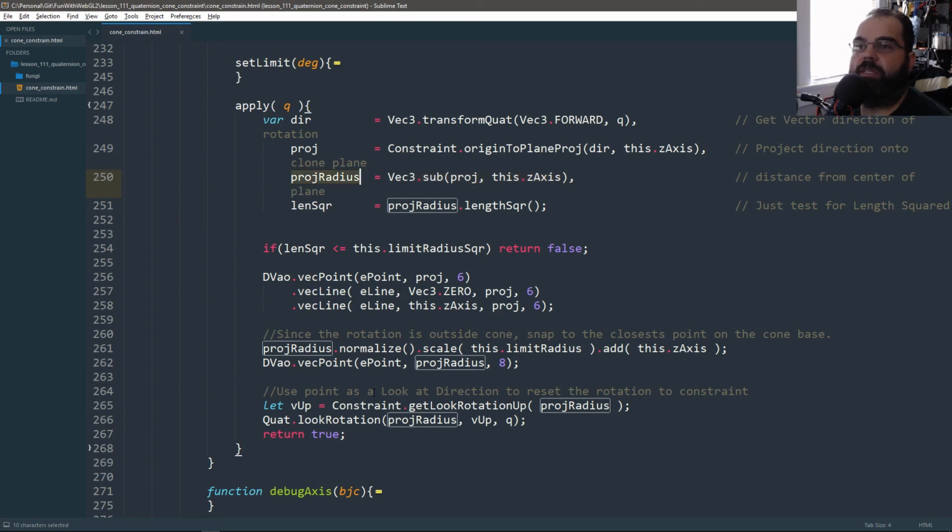I call it radius because in the end it becomes the new radius. But this is the vector length between the center of that circle and the new projected point. And I get the length squared. If the length squared is less than or greater than, false. That means we did not apply anything. There's no applying. It's within the constraint. I return true if I applied it. So this way I can do other things if I need to. If I need to limit it,